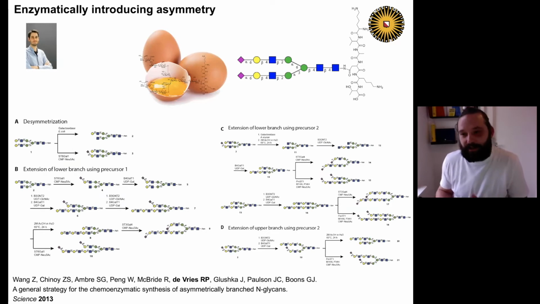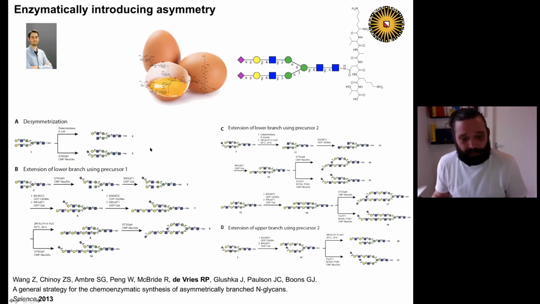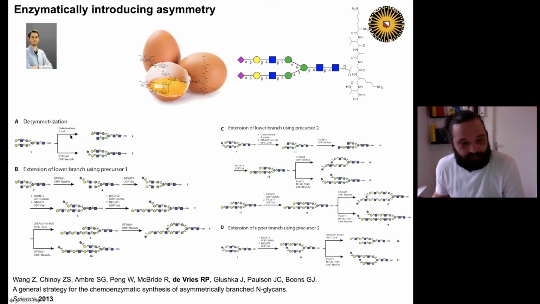And I'm not going to dwell on all the different steps, because we know the availability, what John just mentioned, of these N-glycans is very limited. And we don't make these N-glycans in multi-milligram scales, because for glycan arrays we only need just 0.5 milligram in total or something. But we can desymmetrize these N-glycans by enzymes, because we know that the galactosidase from E. coli really prefers this alpha-3 arm, and so you end up with an asymmetrical N-glycan.